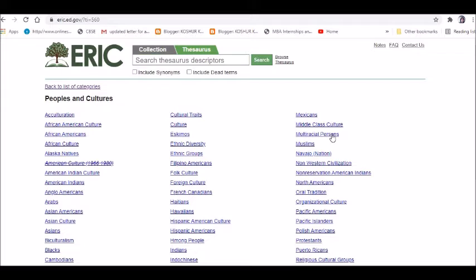Now the tourism sector is one of my favorite areas because I travel a lot, and it has really helped me to learn a lot from the tourist perspective, and yes, I love writing for that also. So here you will be seeing that a lot of things are available in terms of peoples and cultures, like Eskimo culture, cultural traits.